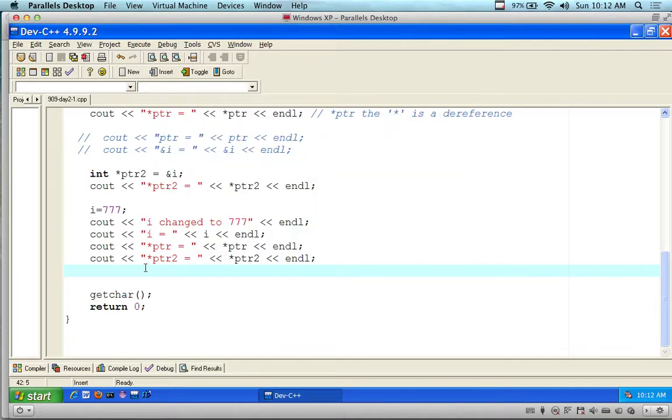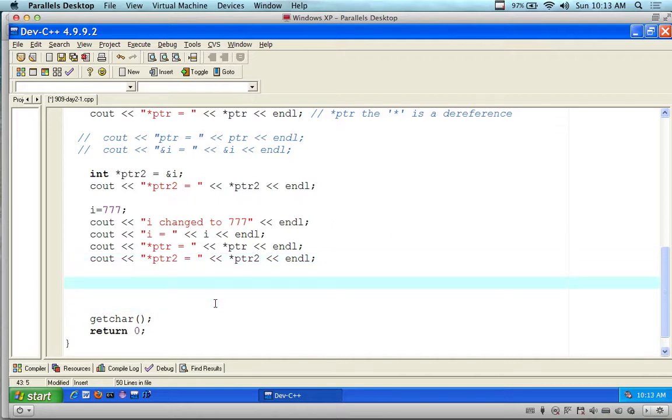So what if this one over here decides, well, I want to change I. I'm pointing to I. So, okay, you can change it. If we're going to change it, then we follow the pointer and have it equal 888. So we're going to follow PTR2. So instead of printing out 777 after I followed PTR2, now if I follow PTR2 and have it equal to 888,